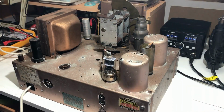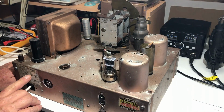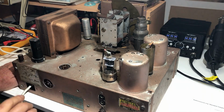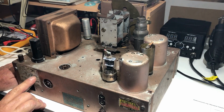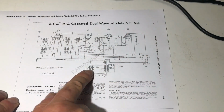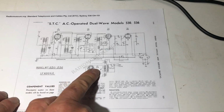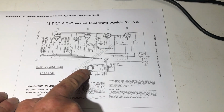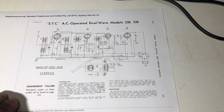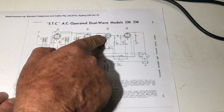So here it is, and just looking at the valve diagram on the back of it, the missing valve there is a 6F6. We also have a 6Q7, a 6K7 and a 6A8, and that agrees with the schematic I've downloaded. It's got a 5Z4 there. It's a directly heated double diode, so the filament winding will carry the HT voltage. 6A8, 6K7, 6Q7,